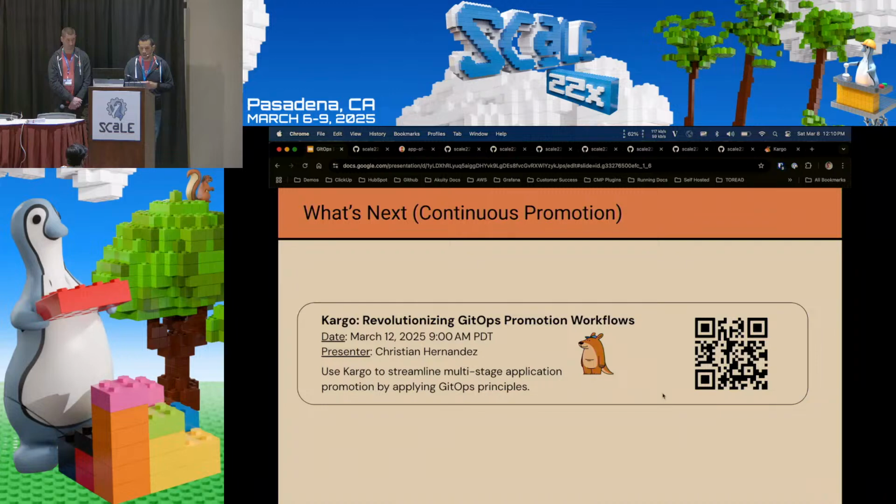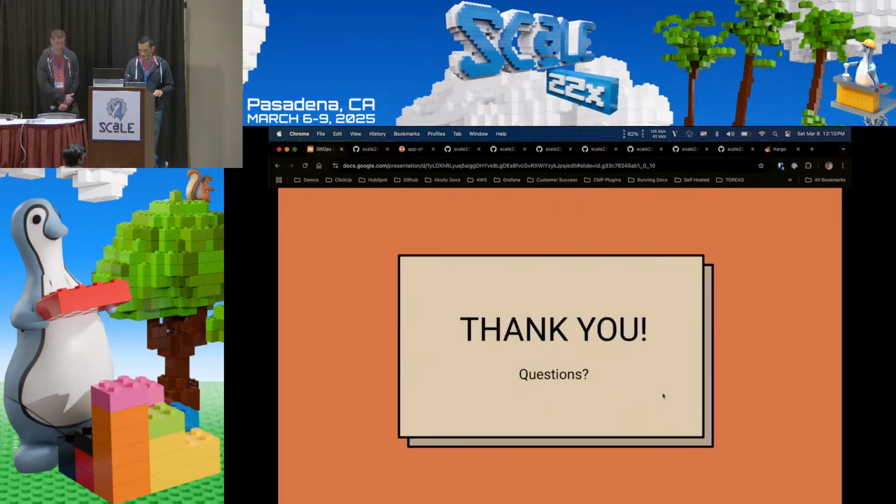So I'll be talking about Cargo, what it is, how it fits into the whole GitOps story, how it expands, and I could definitely do another hour of just Cargo by itself, which I will do. So go ahead and check that out if you have time. And I think with that, do we have